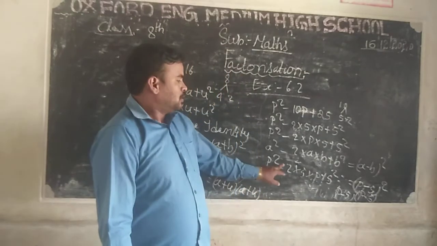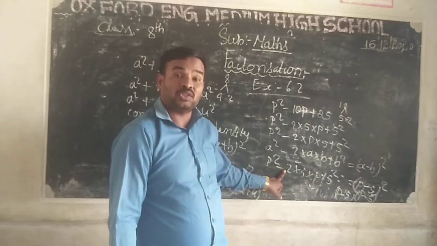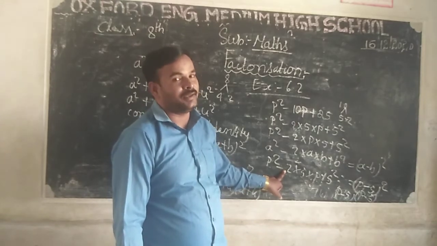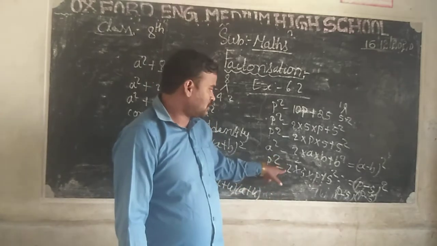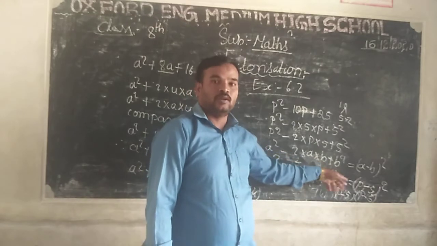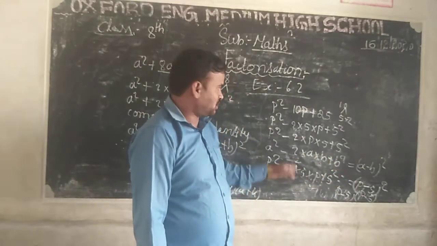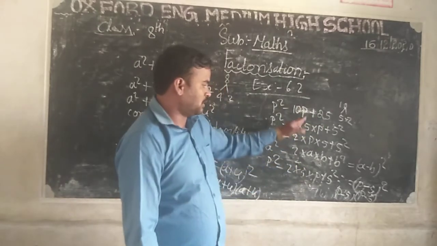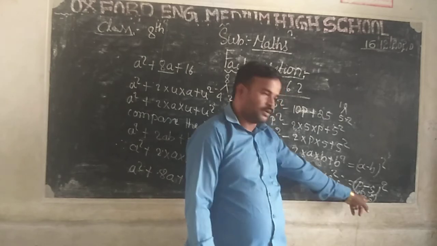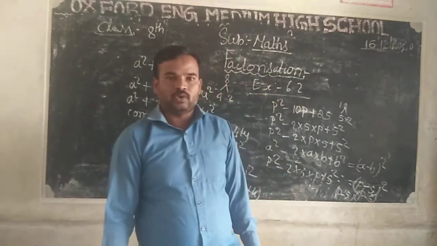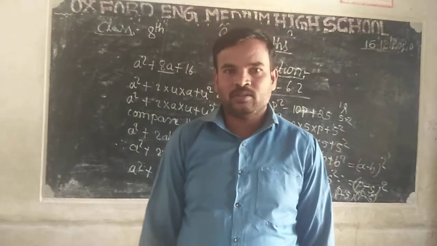Understand? So, this is a problem on the basis of the second identity: a minus b whole square is equal to a square minus 2ab plus b square. By using this identity, we factorize the given equation p square minus 10p plus 25. Then finally we get the two factors. Which are the two factors? p minus 5 into p minus 5. Okay. Do you understand, dear children? Okay. Shall we move to the next one?